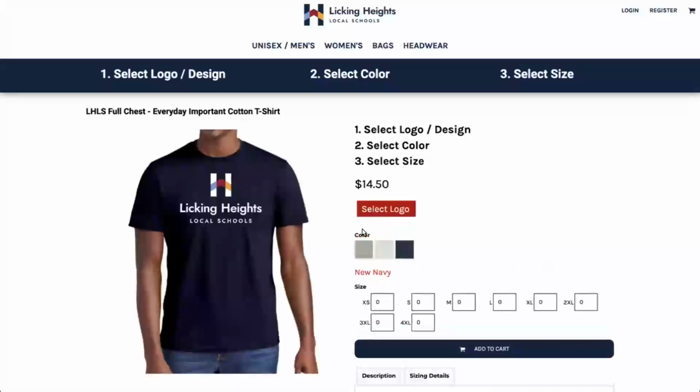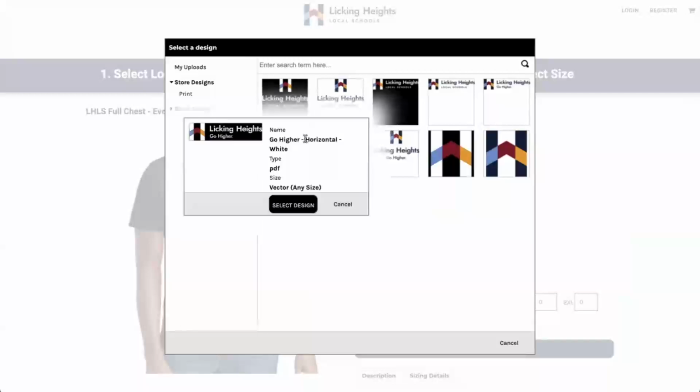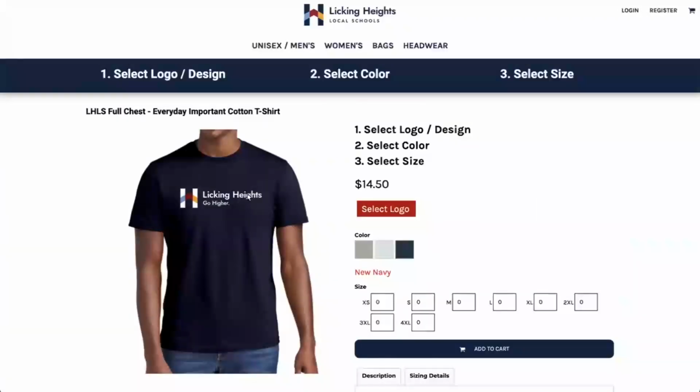And I'll show you how to do this in a second. We have it so the customer has a lot of different designs. So after they select a design, they can come here to select logo and then choose a different variation of a logo. So instead of having the stack design, we'll go full width. So that's a pretty cool trick. Show them